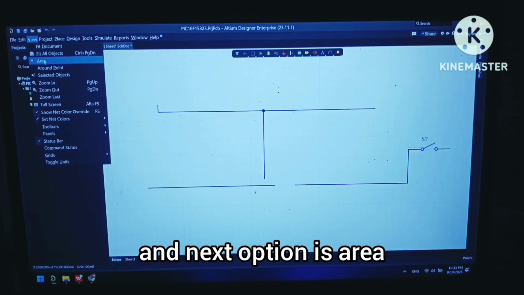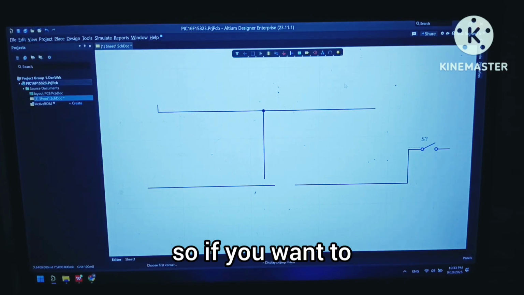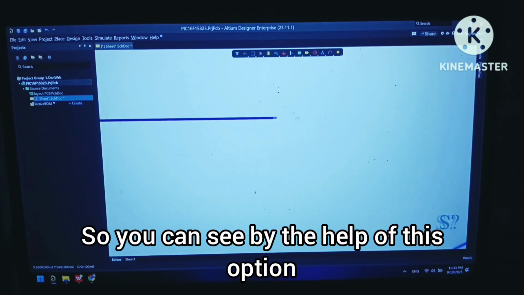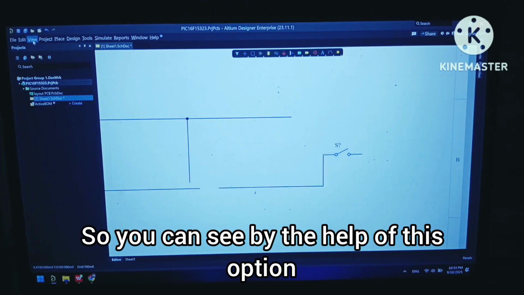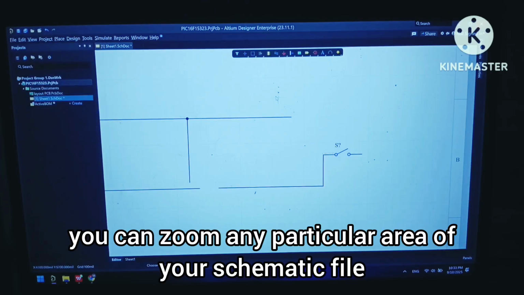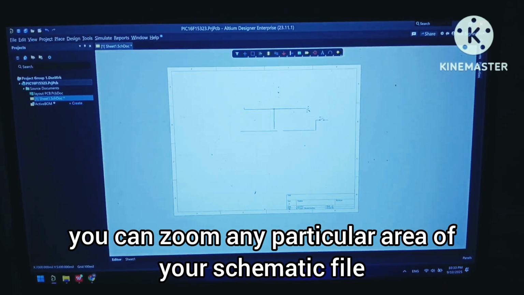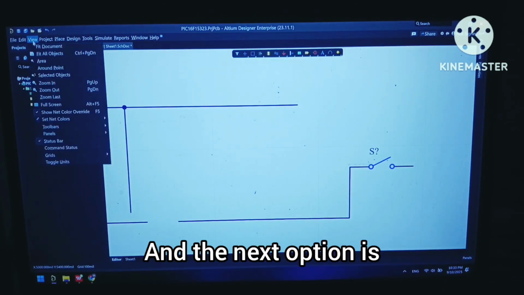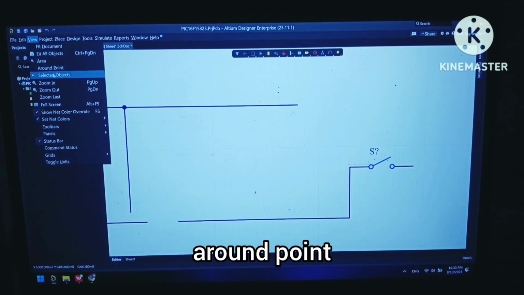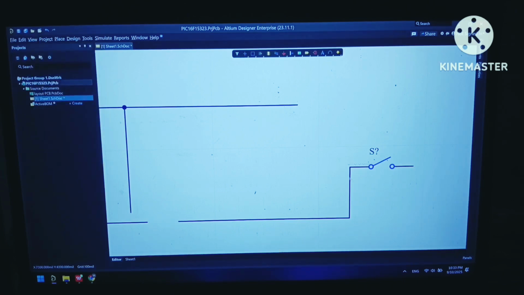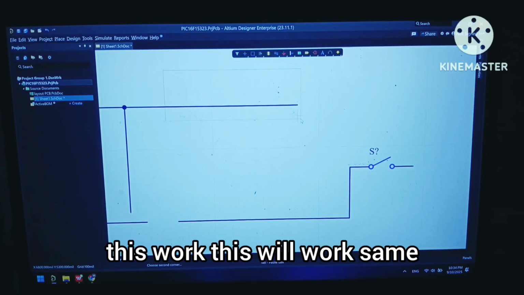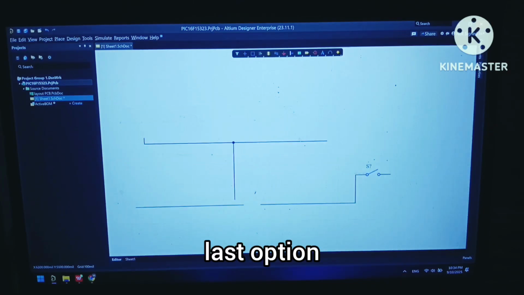And the next option is area. If you want to zoom into an area, with the help of this option you can zoom into any particular area of your schematic file. And the next options are around point and selected objects. Around point works the same as the last option.